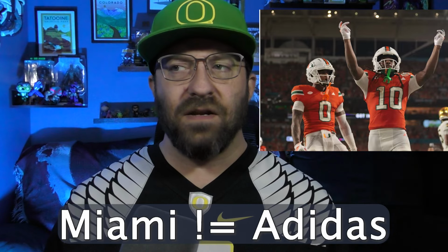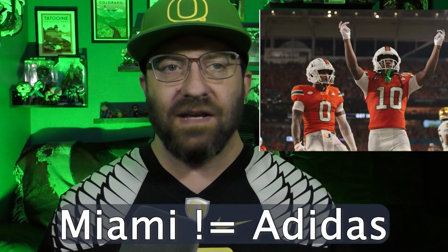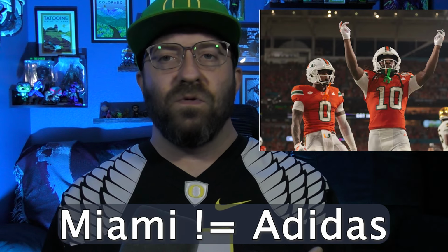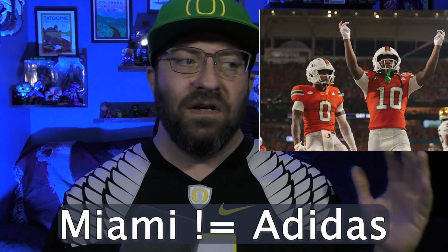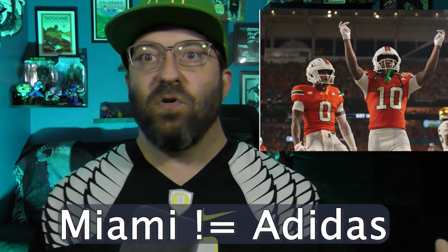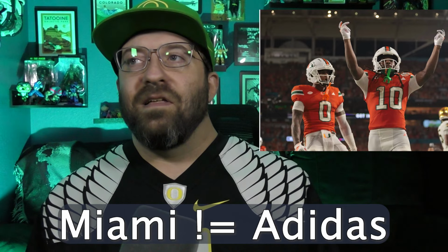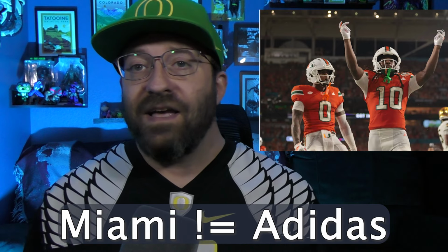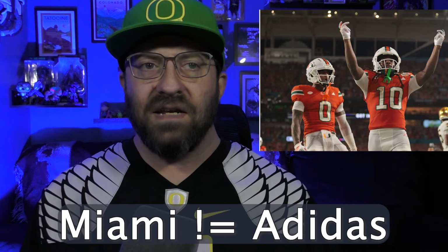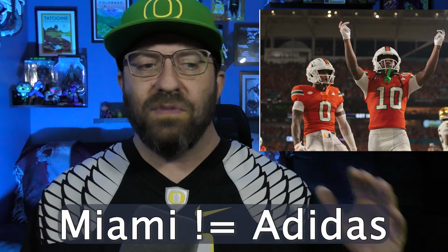They didn't really do many helmets, and that's fine. They didn't need to. They have the iconic U on the white helmet. But Nike really seemed to fit hand in hand with what the University of Miami was, the swag and everything. Everyone always talks about that stuff. The last few years they've been with Adidas, and it seems that they've had the same jerseys the entire time they've been with Adidas. They're very plain, and the problem I've had with Adidas, it goes back even to Adidas being traditionally a soccer